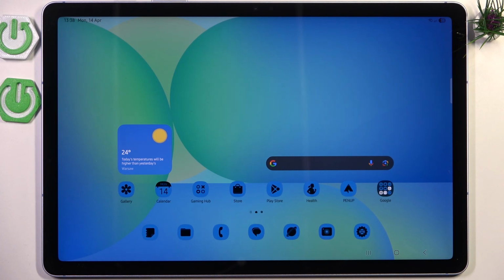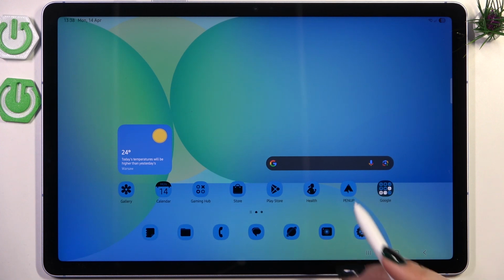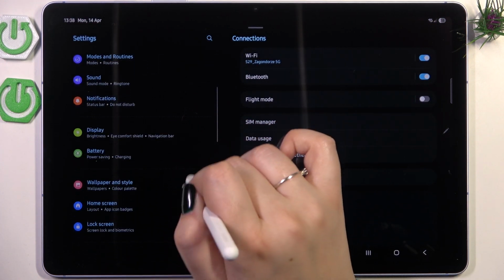Hi everyone, in front of me I've got Samsung Galaxy Tab S10 FE, and let me share with you how to change the wallpaper on this device. So let's begin with opening the settings, and here in this left section we have to scroll and find wallpaper